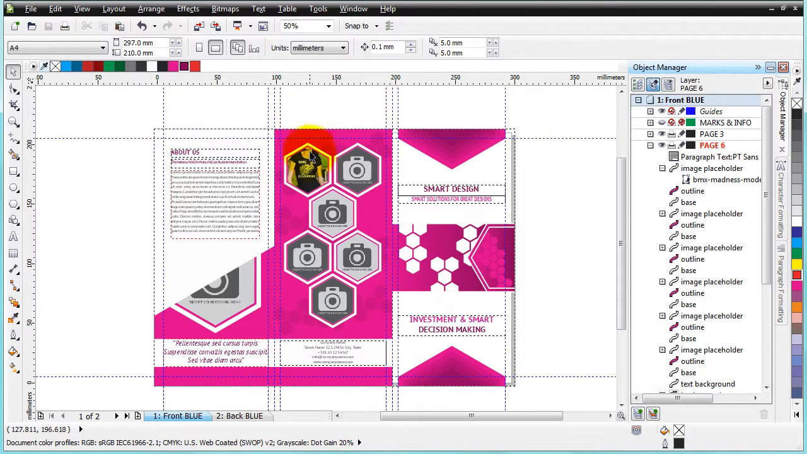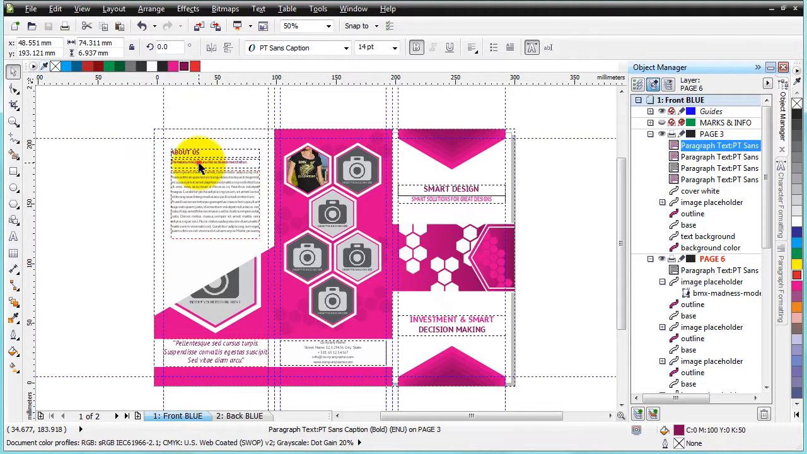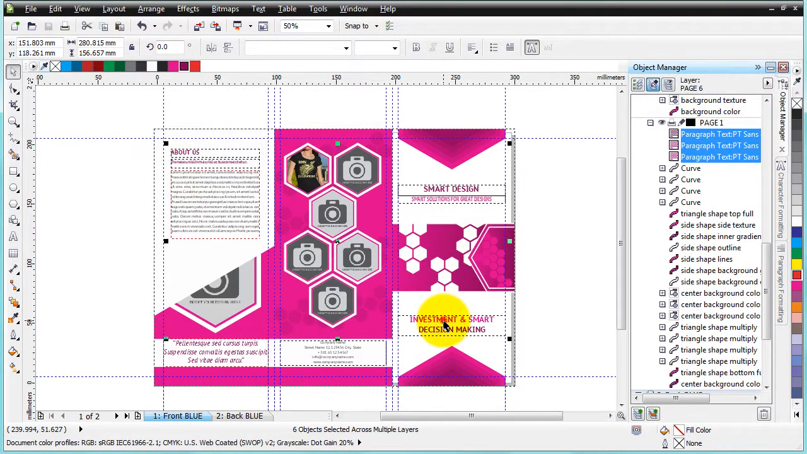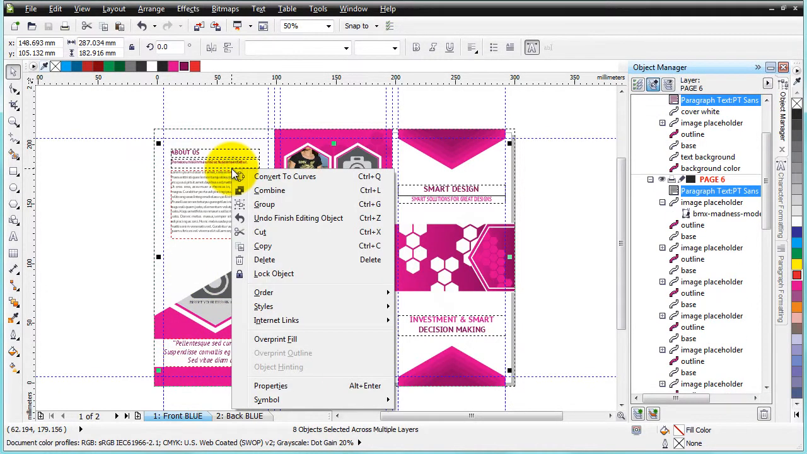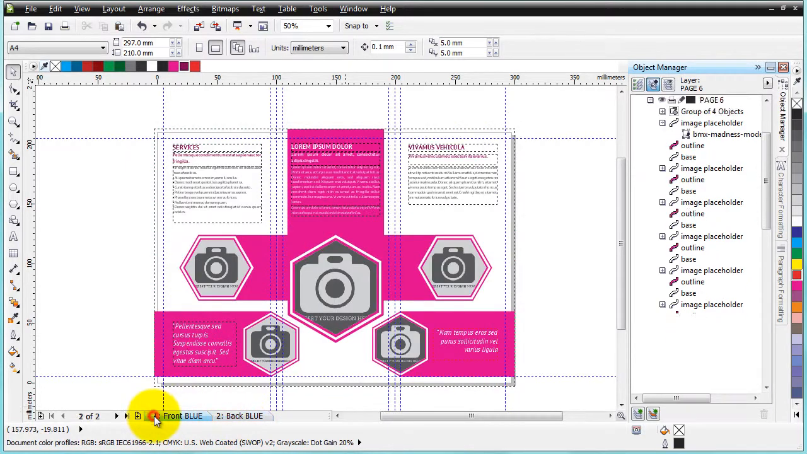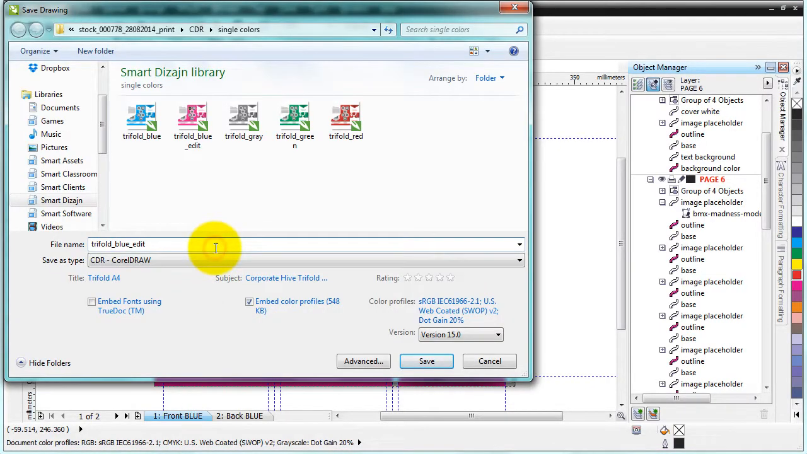But if you wish to send it to the printer, I highly suggest that you select all the text in your file, right click, and convert to curves. Okay, so there are no mistakes when it comes to printing the file. There is no chance that any of your text might end up in wrong font, etc. I'll save this file as